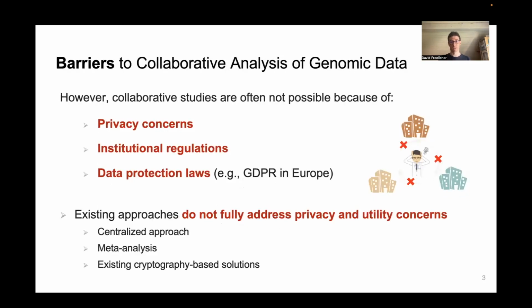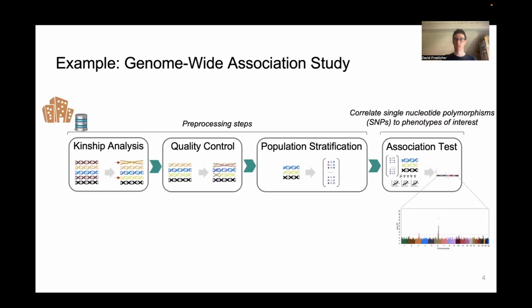However, these collaborative analyses are difficult to execute because of privacy concerns and because of existing regulations or data protection laws that are in place in order to protect this very sensitive and personal data. Moreover, existing approaches for collaborative studies, which can be centralized or based on cryptography, do not fully address these concerns, as we will see by using an example with a genome-wide association study and one of the most common workflows